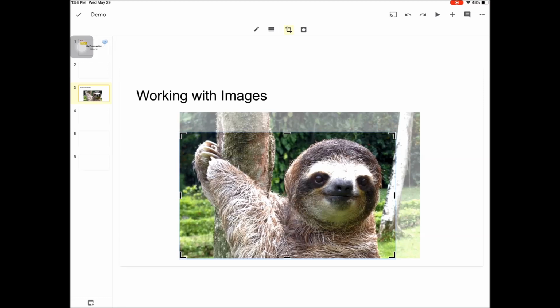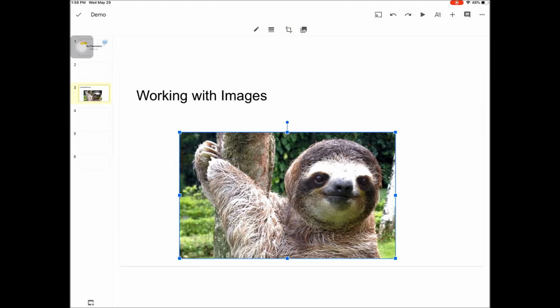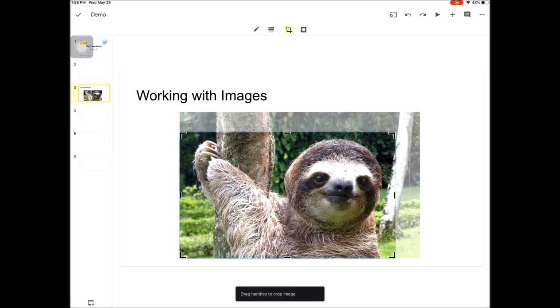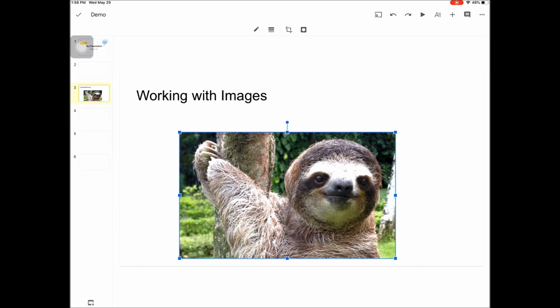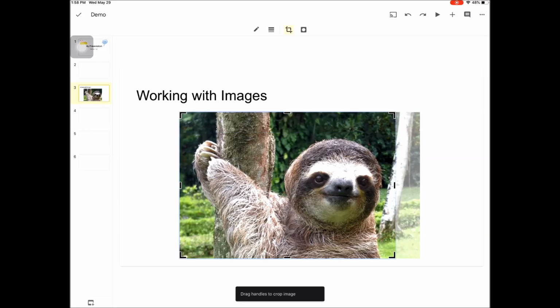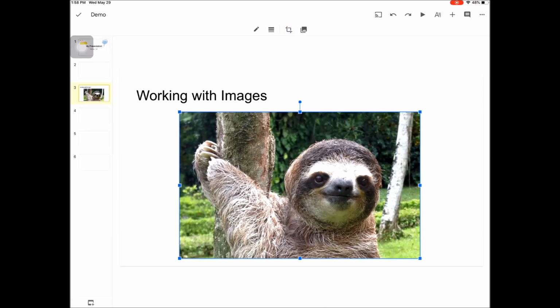Then if I tap off the picture, those go away, and now those parts of the picture have been cut away. However, they're not gone. If I tap back on the cropping tool, those parts of the picture are still there, and we can get those back if we need to. But I'm going to undo that and go back to the full original image,